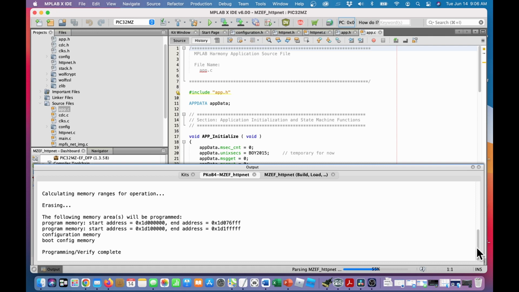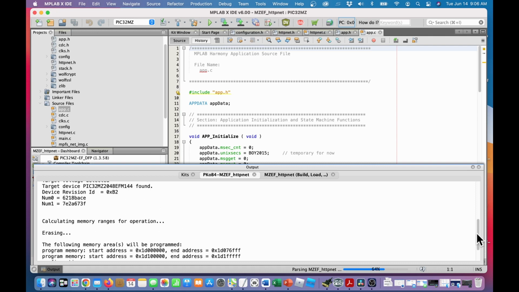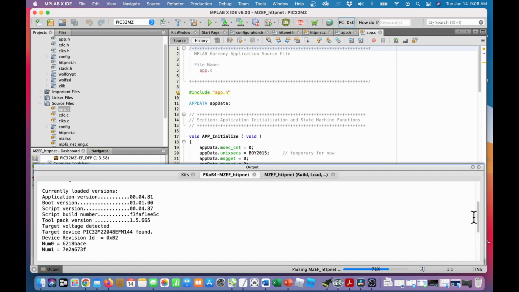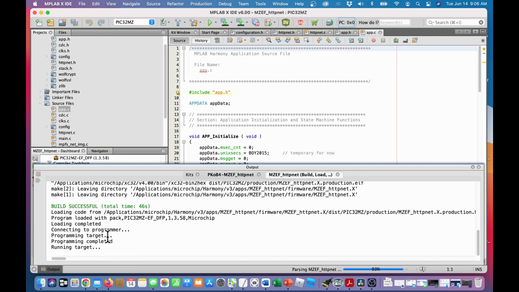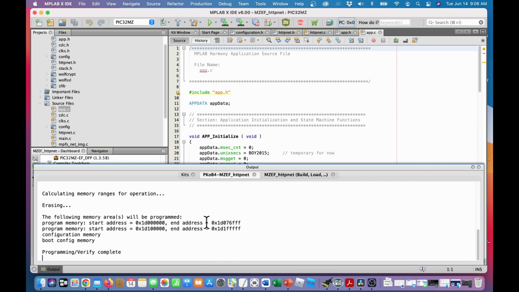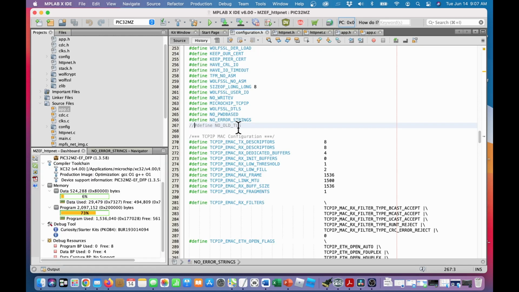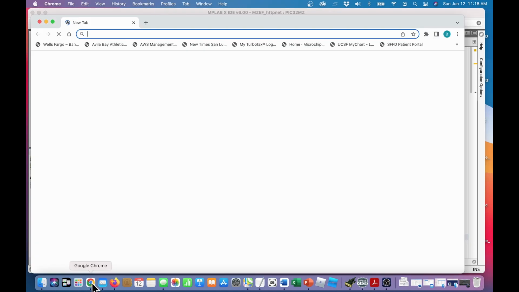Okay, programming is complete. Let's go back a little bit here and verify that we got the build successful, and then the download programming verify complete. So all of that is working just fine. So remember, at this point I had that one fix to make it load properly. We'll bring up